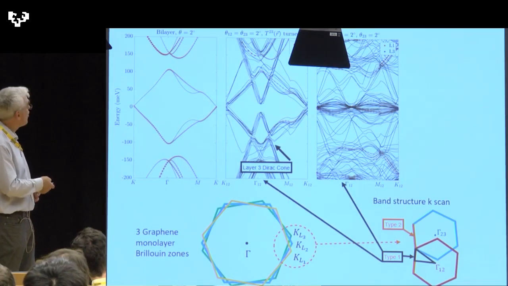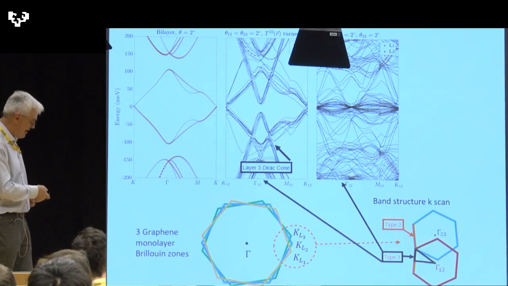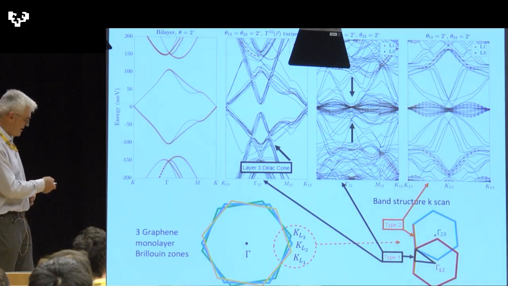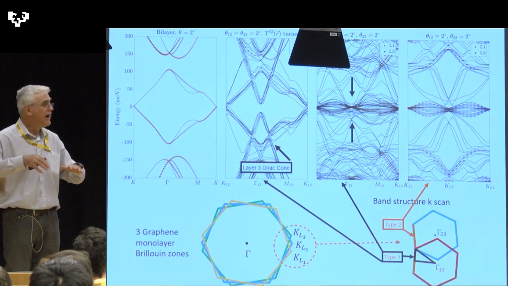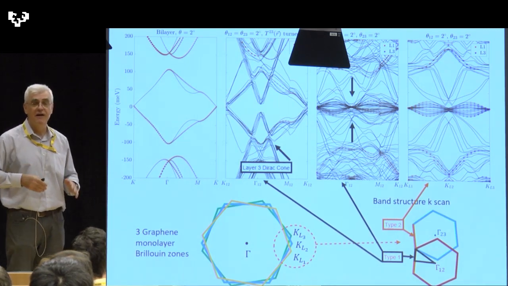And this is now with the layer 2 and 3 coupling turned on, complete mess. So this is along this particular scan, the black line in the Brillouin zone. You can do a different scan along the orange line, and this is the scan along the same line. You see something looking like flat bands, like the simple picture, but there's all sorts of other bands interspersing, and